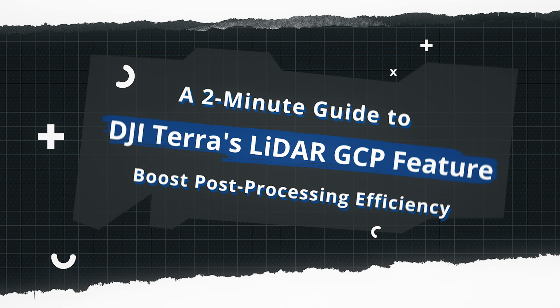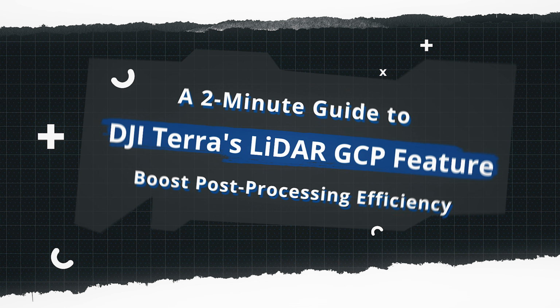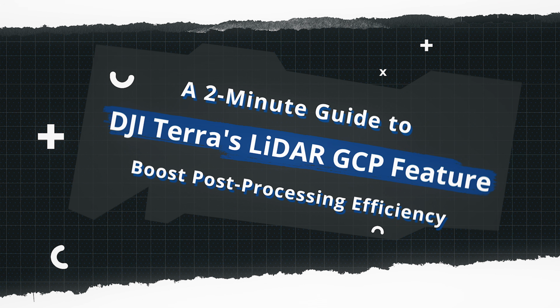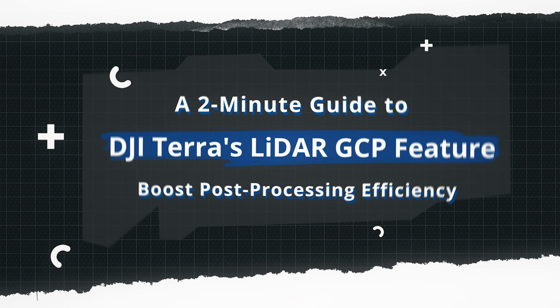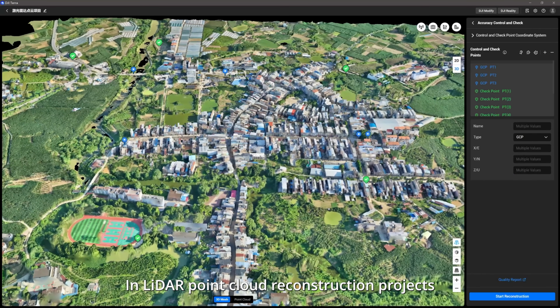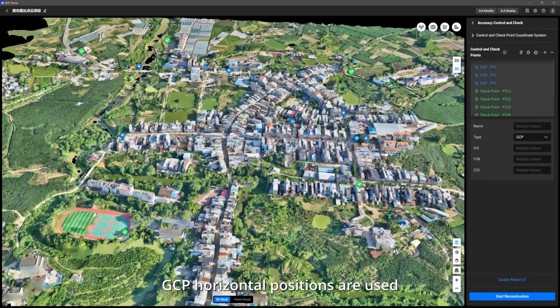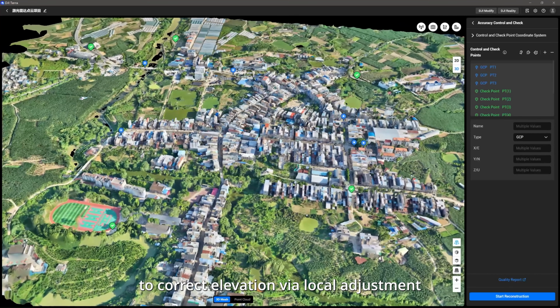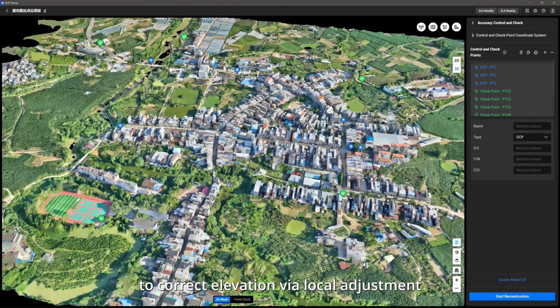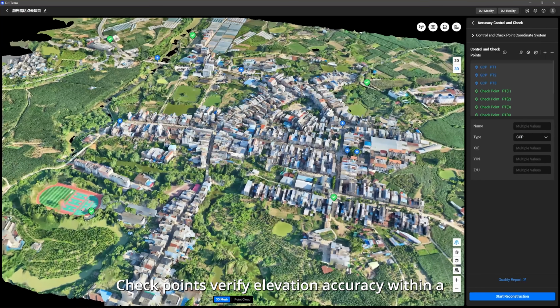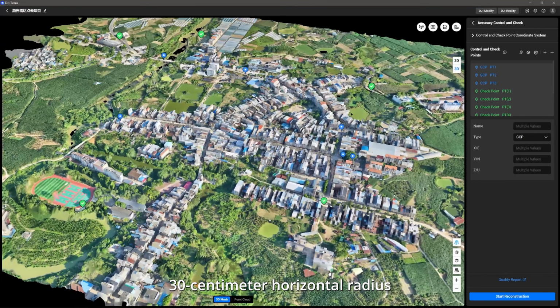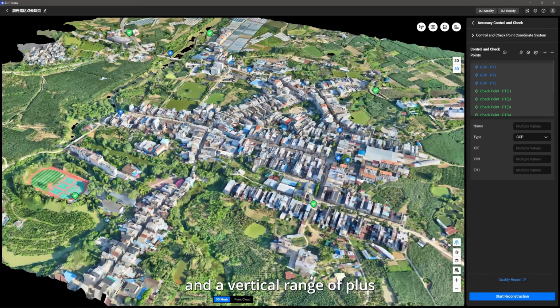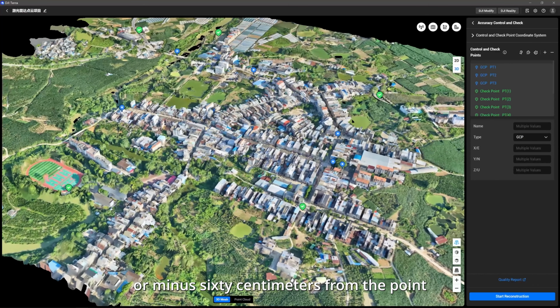In just 2 minutes, let's explore DJI Terra's LiDAR GCP processing features to boost your post-processing efficiency. In LiDAR Point Cloud reconstruction projects, GCP horizontal positions are used to correct elevation via local adjustment. Checkpoints verify elevation accuracy within a 30 centimeter horizontal radius and a vertical range of plus or minus 60 centimeters